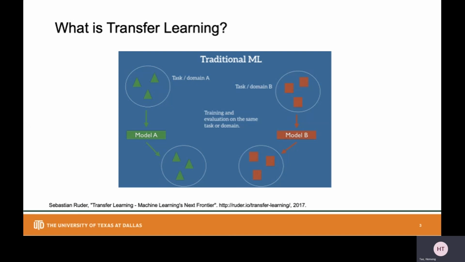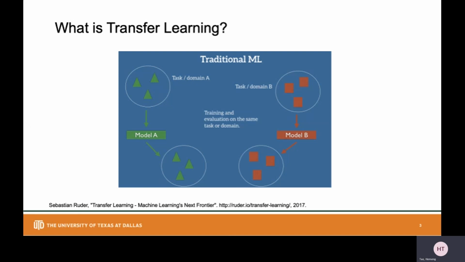So the task and domain of the training and test data of model A are the same. We will later define in more detail what exactly a task or a domain is. We can now train model A on this dataset and expect it to perform well on unseen data for the same task and domain.